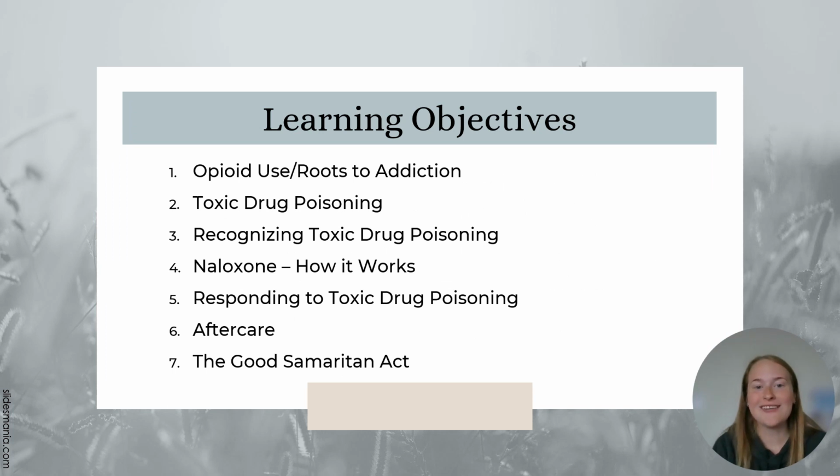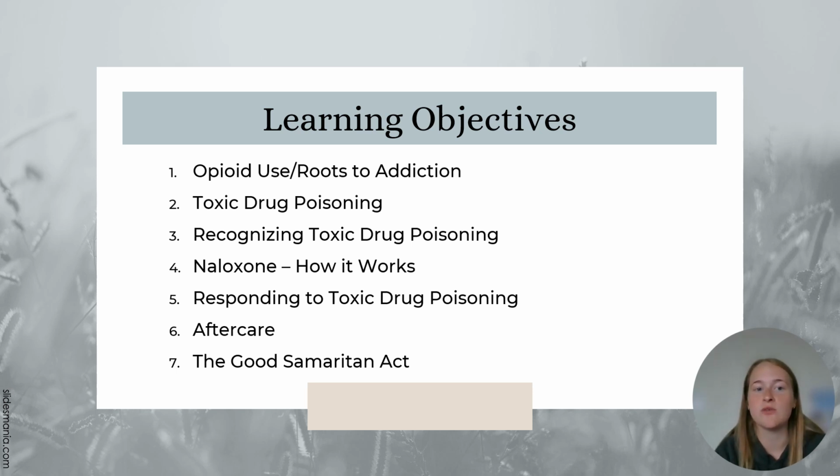So looking at our learning objectives for this training, our primary objective is that participants understand the essentials of toxic drug poisoning and when and how to administer naloxone effectively. After this training session, you should have a pretty good idea of what opioids are, reasons why people may become addicted, have an idea of what toxic drug poisoning means, as well as knowing the signs and symptoms of toxic drug poisoning, knowing about naloxone, so this includes what it is, how it works, and getting comfortable with the contents